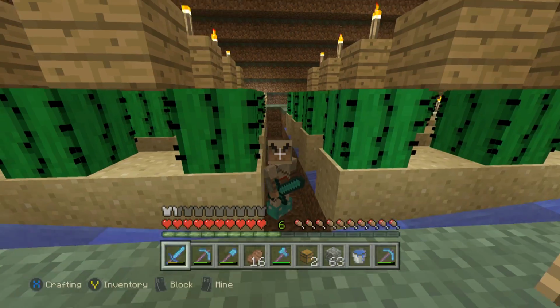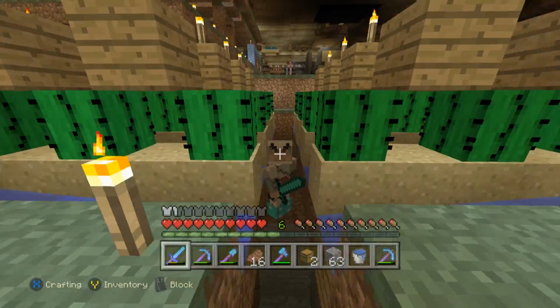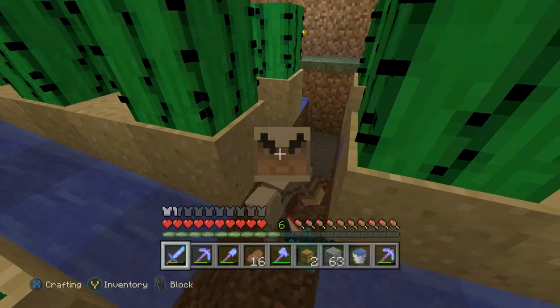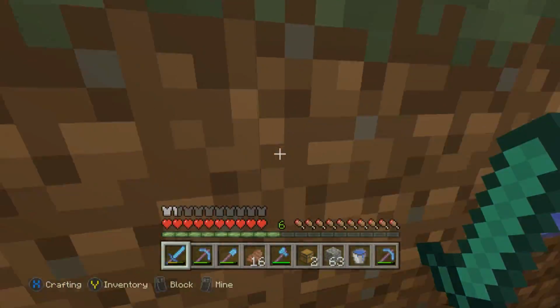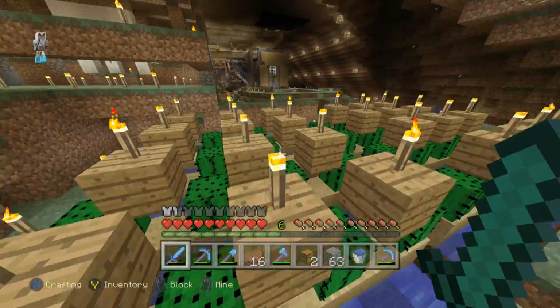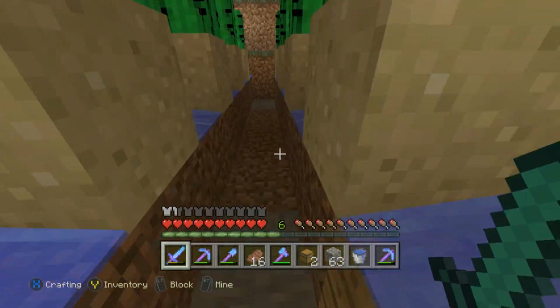As you can see, we are here in a place that many of you have probably never seen. Have you ever seen my cactus farm? This is technically my first and oldest farm I've ever had in this world. I remember one of the first things I wanted was a slime farm, but I wanted some green wool, so I needed it to make a slime farm for it. And once I built this, I had just enough cactus and I just never